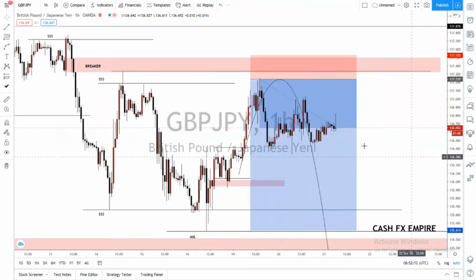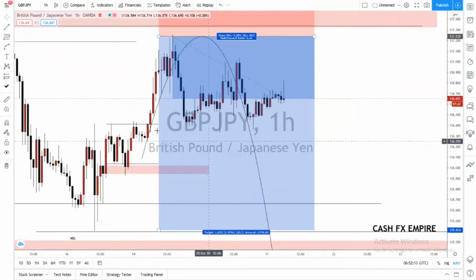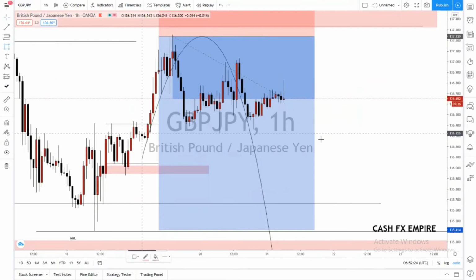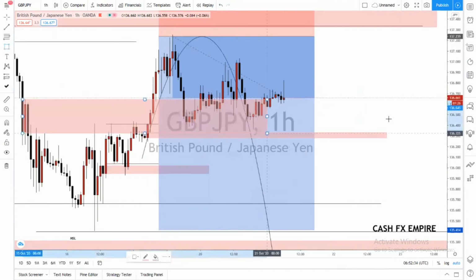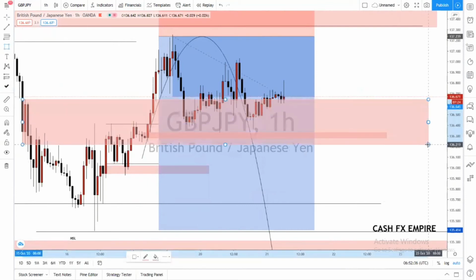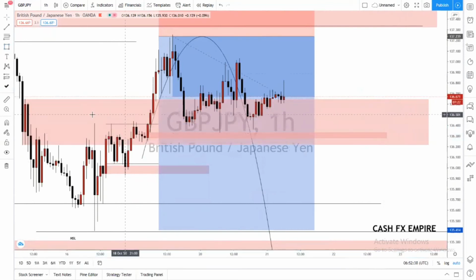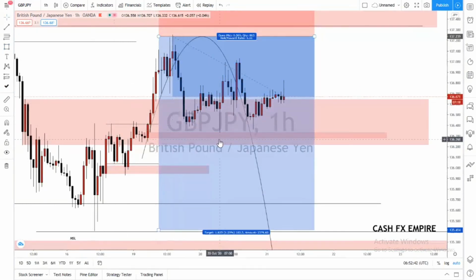So my current situation right now is that I'm looking at this level here, this order block being violated, or if it will stand. On the other side, there's also this level that is currently holding price up. So we saw a break above it, and there's been a retest. Again, there's been a retest.